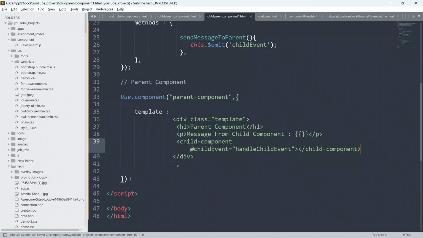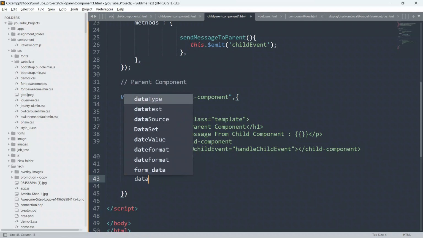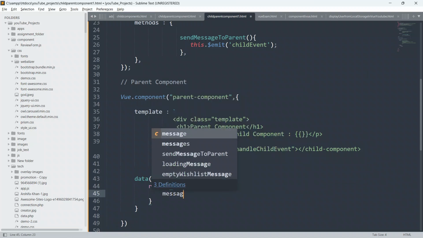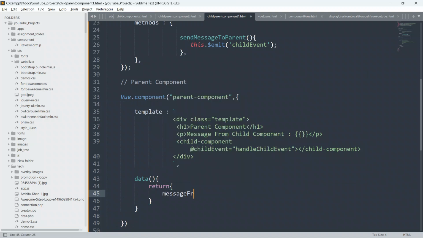Now we have to define our message also. Here we will define our data properties. So data, with parenthesis and open and close curly braces, and here we can return properties. Inside this we will write our message from child.